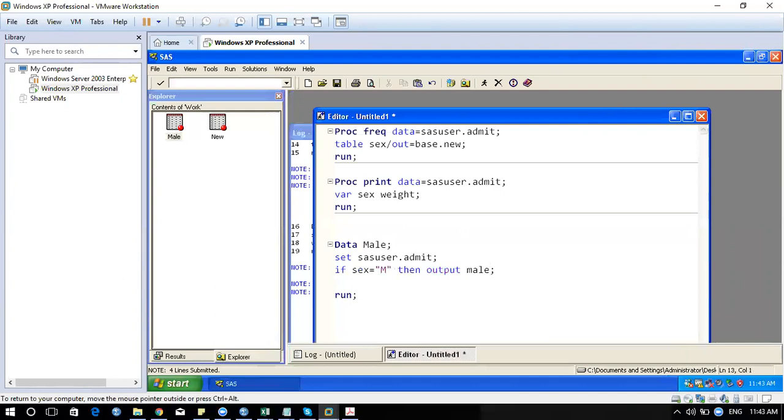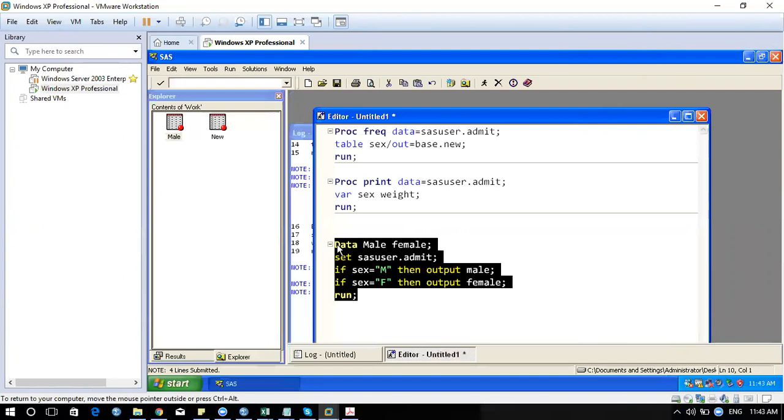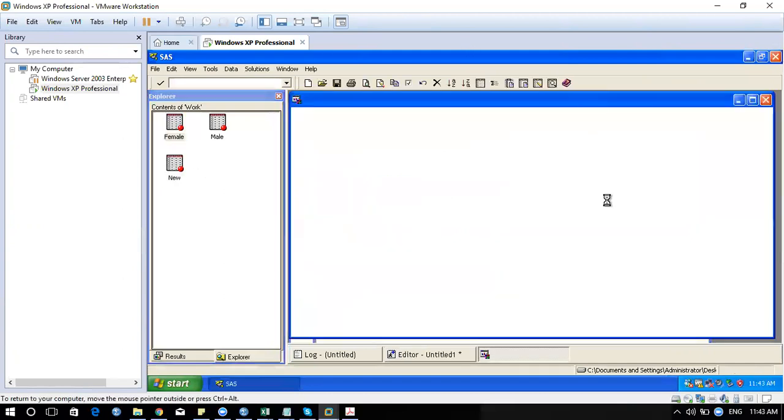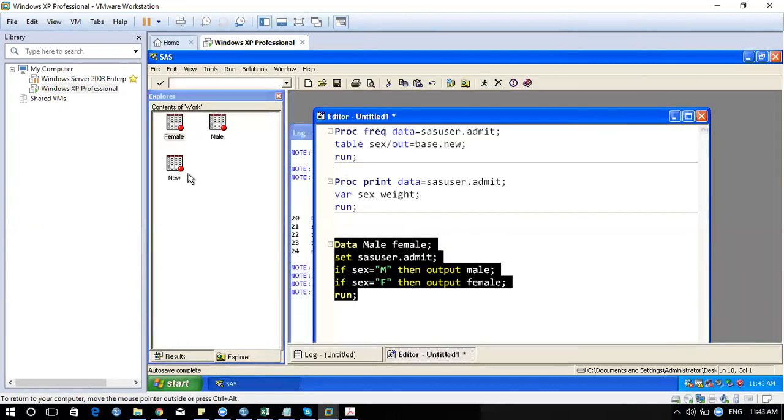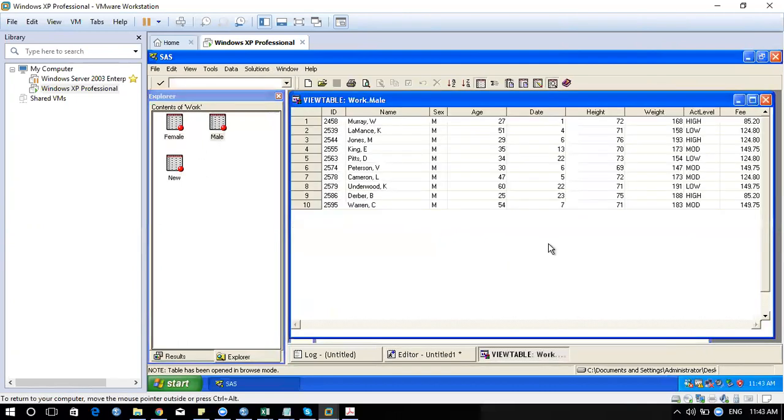Now I can keep one more true condition. If I do it, I'll get two data sets based on both filters, one for female and one for male.